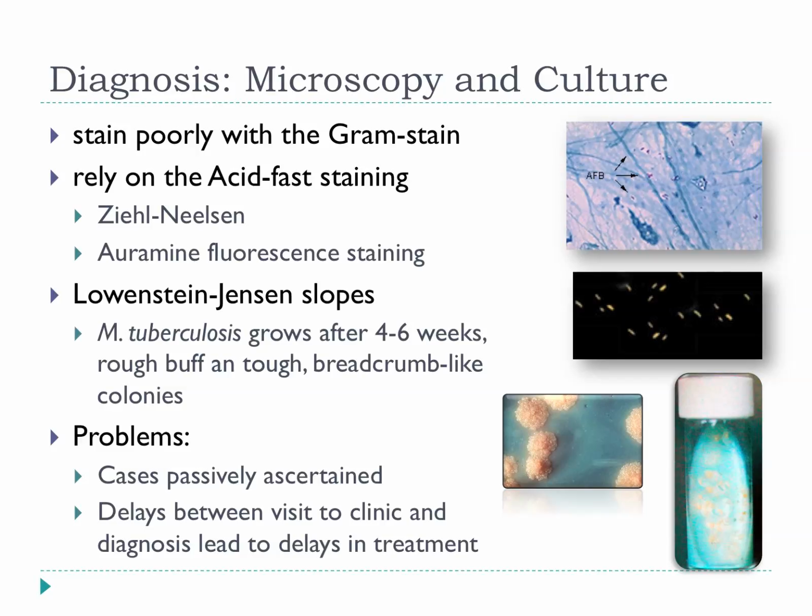You can actually use a fluorescent stain and use a fluorescent microscope, and this is actually more sensitive because then you actually see the bacteria shining out against a black background. So this is the best way if you want to scan large numbers of fields on the microscope to do that. We grow this organism on special slopes called Lowenstein-Jensen slopes. So normally when we culture bacteria, we culture them in petri dishes on agar plates.